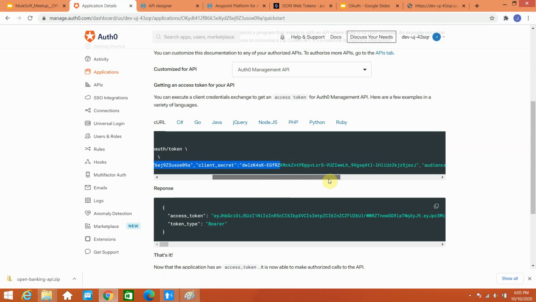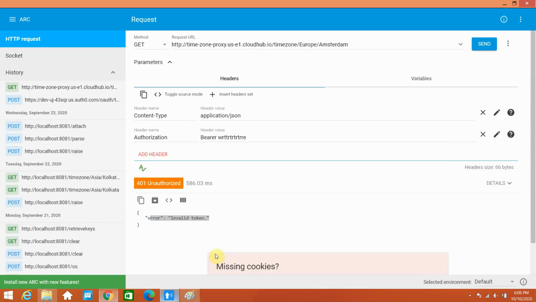So client ID, client secret, it requires audience, and the grant type. Okay, but I will just copy this particular URL, but I will make the body myself so you understand exactly what I am trying to do.